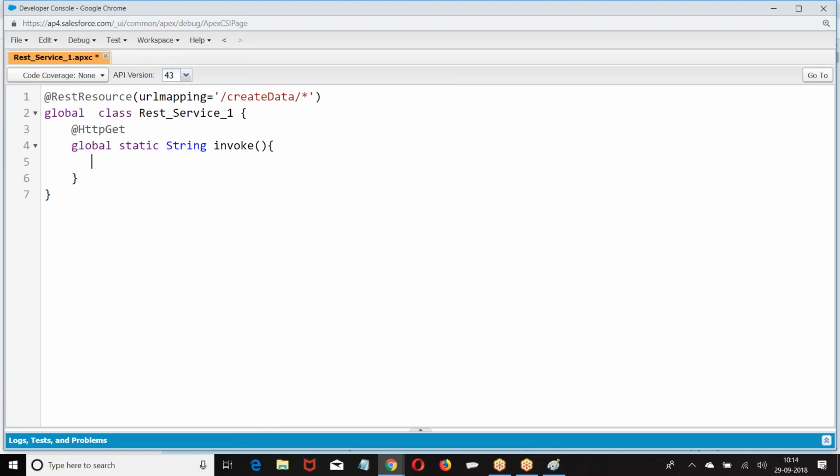HTTP GET. Somebody is going to make a request to that URL. Now how did we get the endpoint URL? Like that, Salesforce also will give an endpoint URL. They gave an endpoint URL, like that I also gave an endpoint URL. Then you are supposed to tell whether it's a get method, a post method or a put method. Now I want to make this a get method, so I use @HttpGet. Now I am trying to give Account acc equal to new Account.